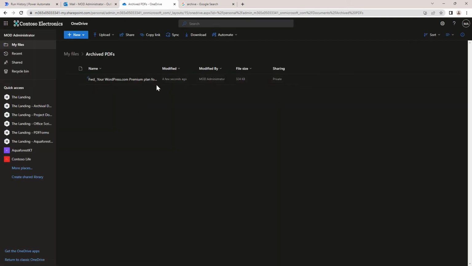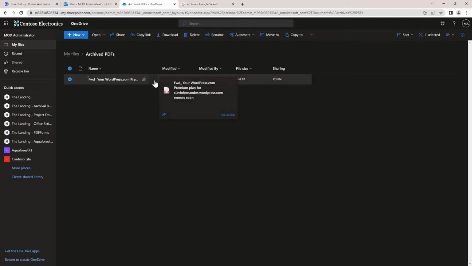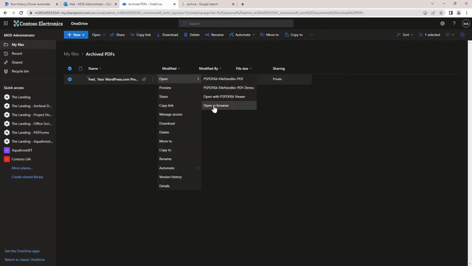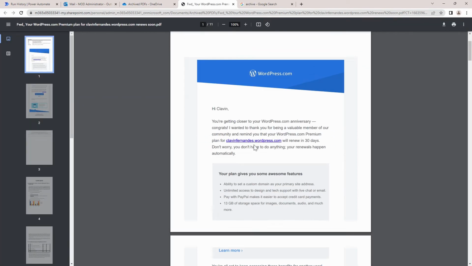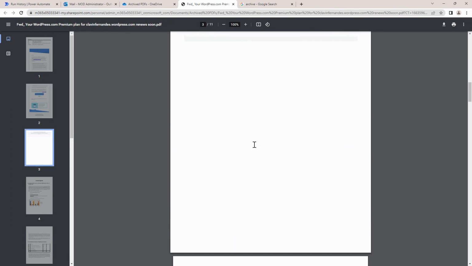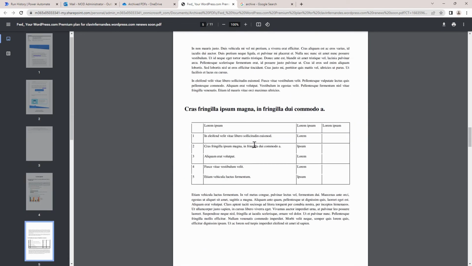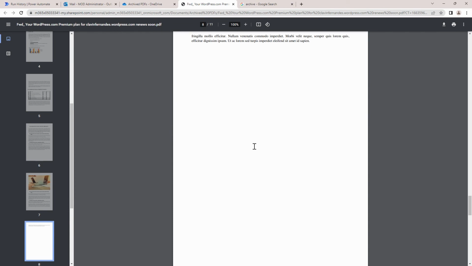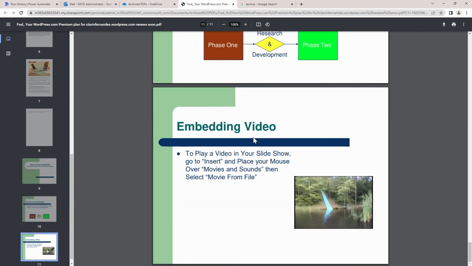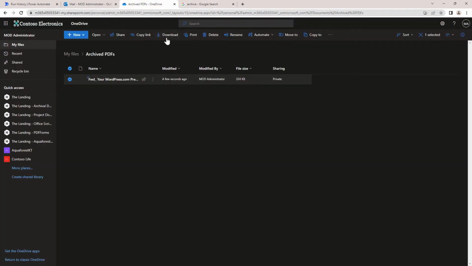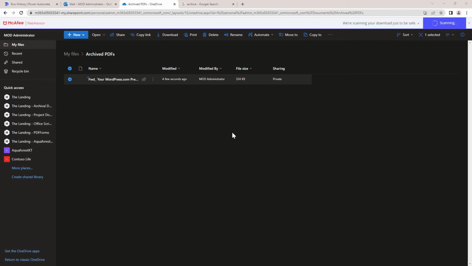So if I refresh this now, you see I have a PDF in my folder. Okay, let me open the PDF and let me show you the output. So I'll open it in a viewer. And here, my friends, it has the email. And it has the attachments as well. If you see, the attachments are merged, both the PowerPoint and the document. If I download it onto my local computer,